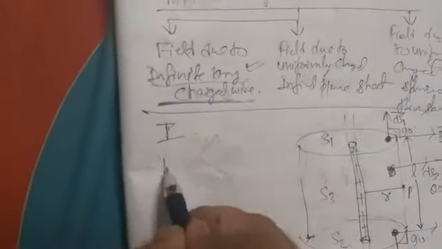Similarly, if we take a small area dS2 here, what is the area vector? This is the bottom of the cylinder, so it will be downward, and the electric field is E. Again it is 90 degrees. And here if we take an area dS3, it will point this side, and the field is also in this side. So what is theta here? 0 degrees.